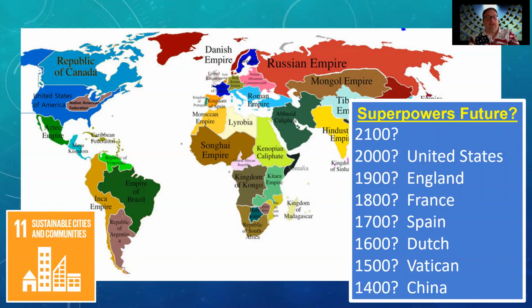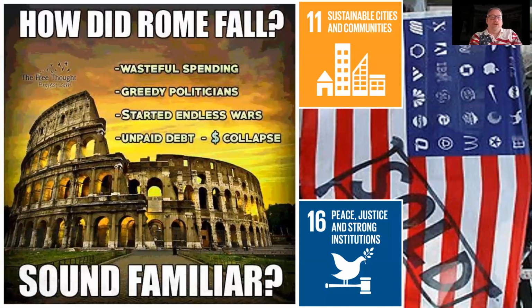They have the largest population. They're developing. They still have 300 more million people to bring out of poverty. India is very much on the rise as well. The United States, as we'll see later on today, we might be spending ourselves into oblivion. So the question that becomes in this particular section is, how does this most powerful civilization on earth, how does Rome fall? And this leads to the United Nations Sustainable Development Goals.